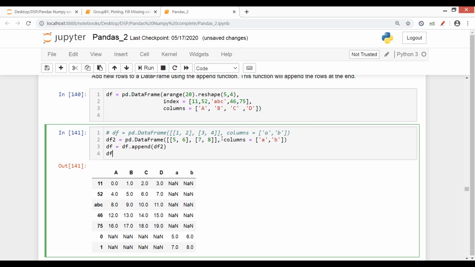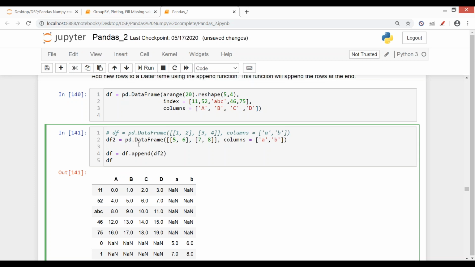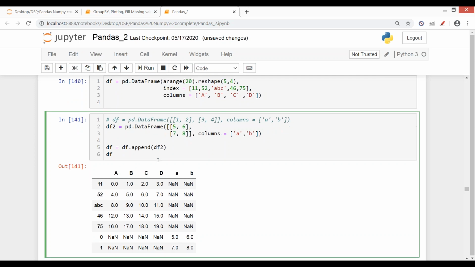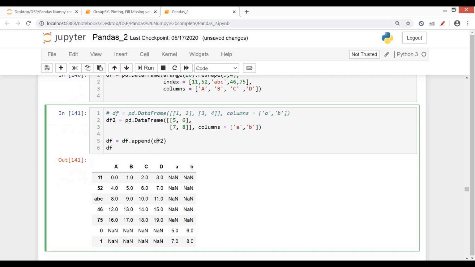But here we are creating a data frame and doing an append. So I've created a data frame where this is my row first, this is my row second, and with respect to that these values, my column names are A and B. So in dot append, just like in a list, an append operation happens in the data frame, we generally do not use it.